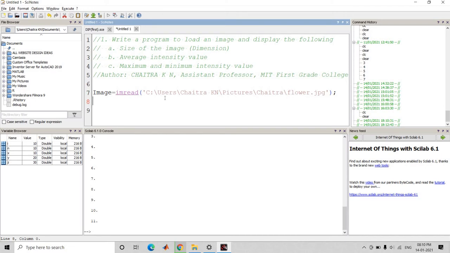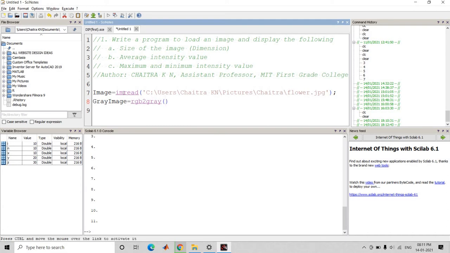Next, we have to convert the RGB image into a grayscale image. So I have declared a variable called gray image. To convert RGB to gray, we have an inbuilt function called rgb2gray.